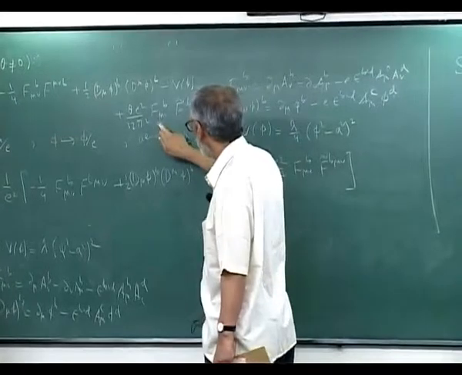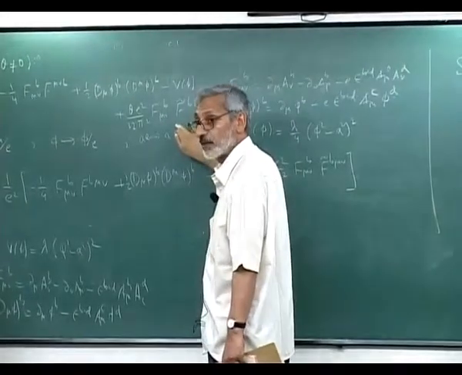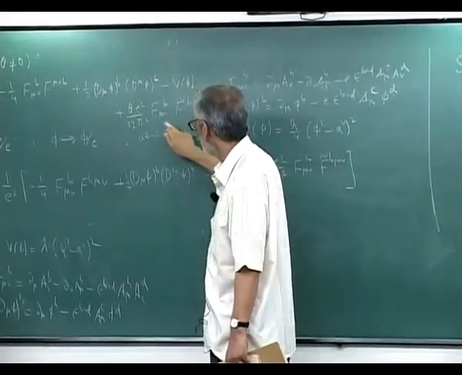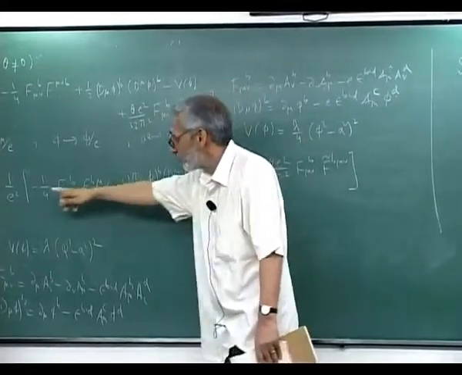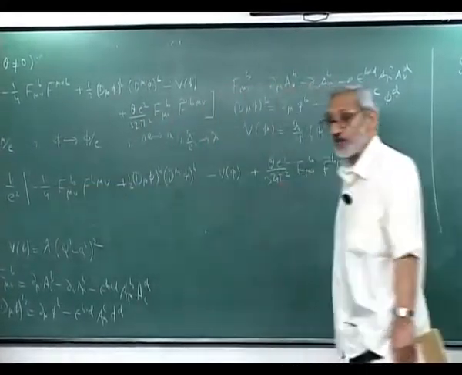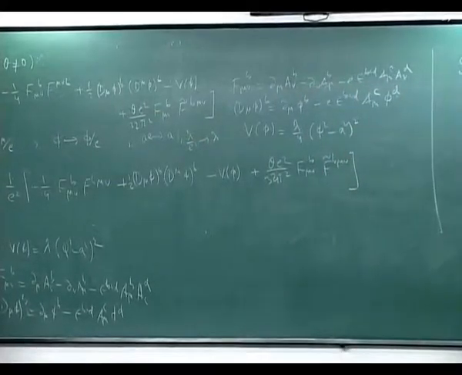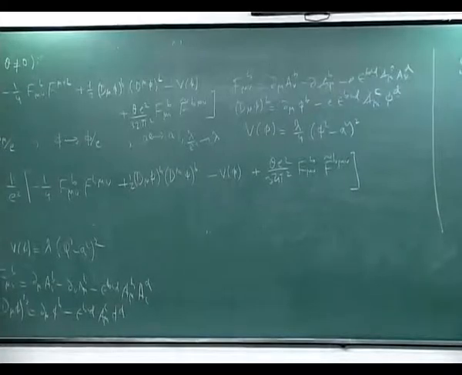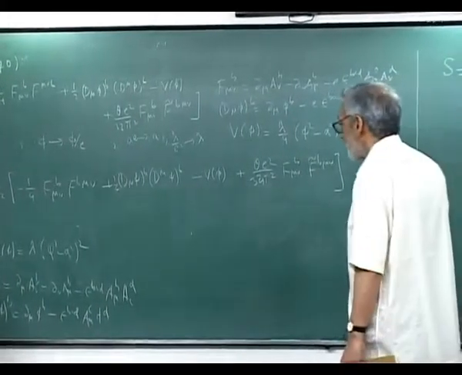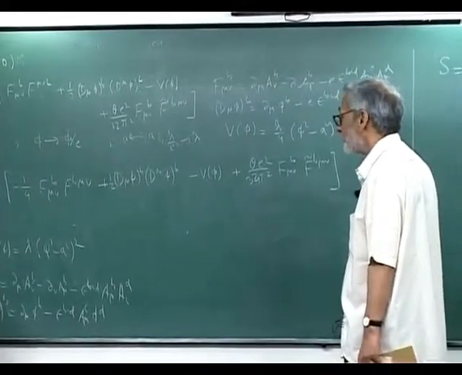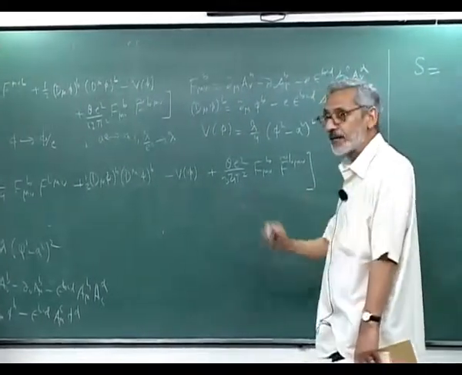This will give me 1 by e. This will give me 1 by e. So this will cancel this e square. So the theta term is without e. But since I have taken 1 by e outside, I have kept e square inside. Now this whole action I can rewrite